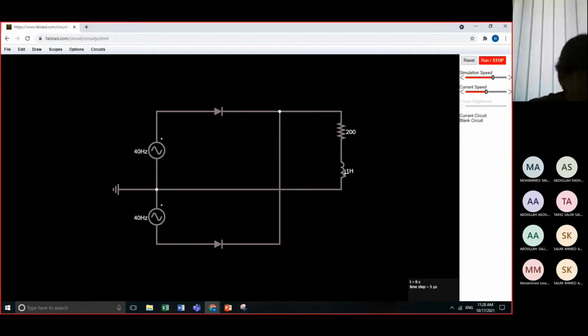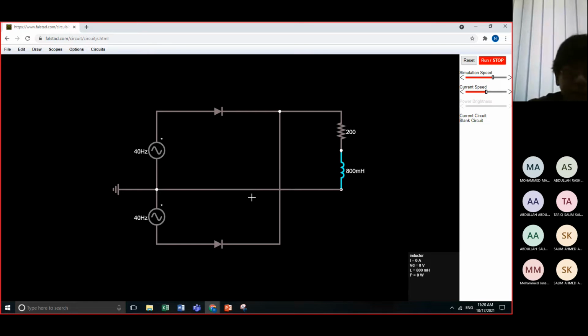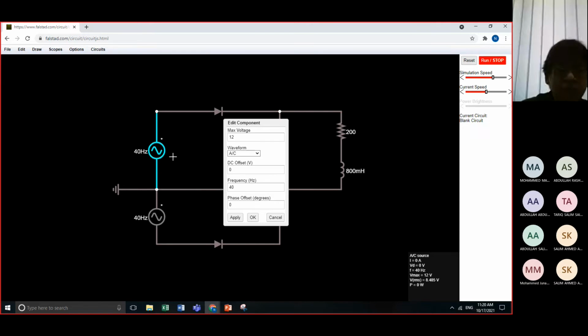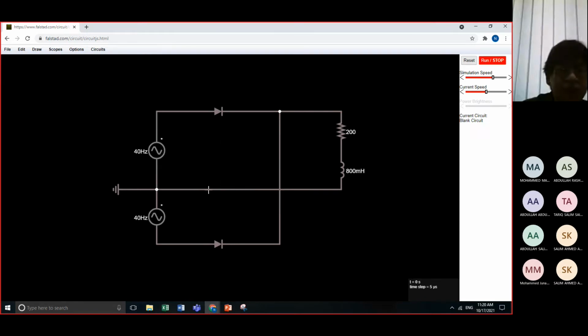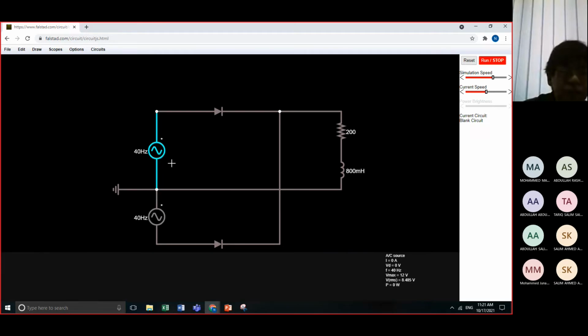Then my inductor value, how much is it? 0.8. Okay, 0.8 Henry. Then click OK. Then here you need to edit, and then from here right click, then view new scope.